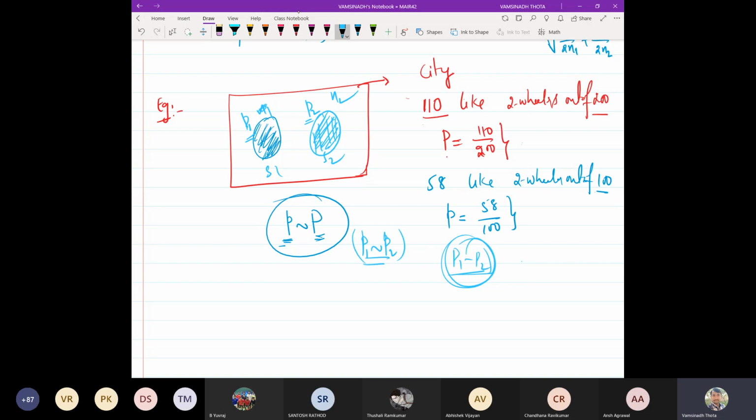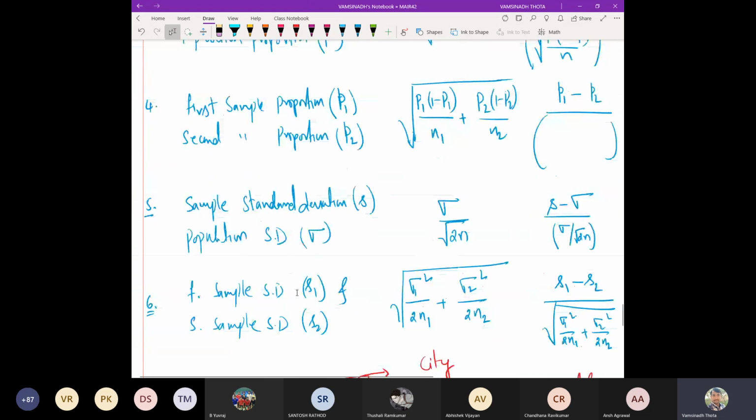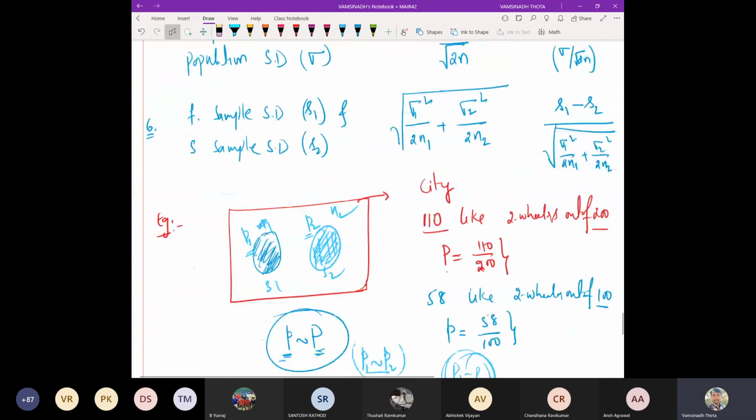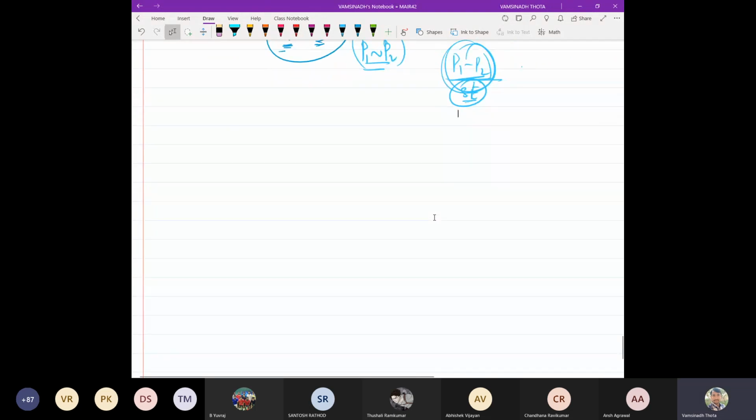It should be normalized with some factor. That is what we call normalized with some standard error. So what is that standard error? The standard error formulas are given in this table here, like this one. Okay. So these things are very important for the next couple of sections, in fact.